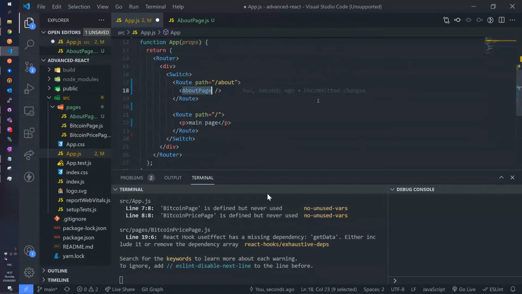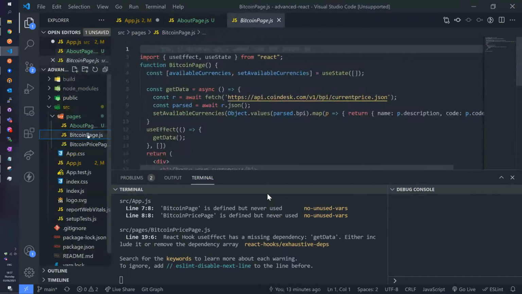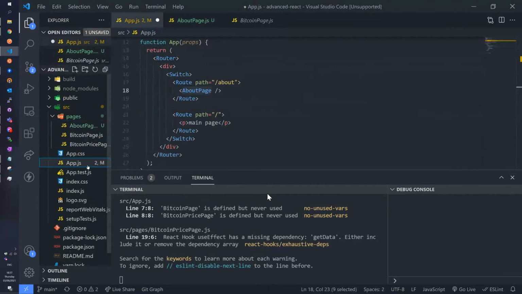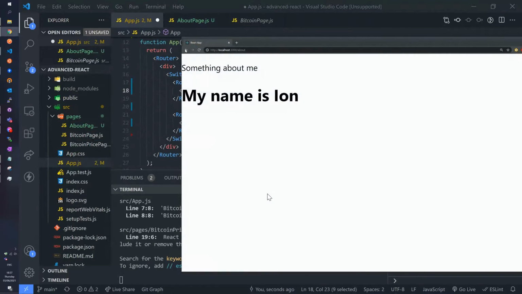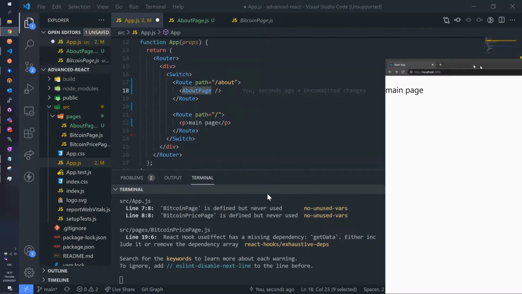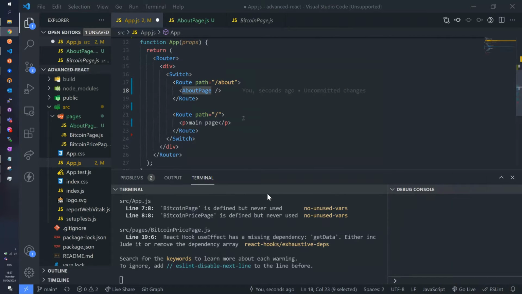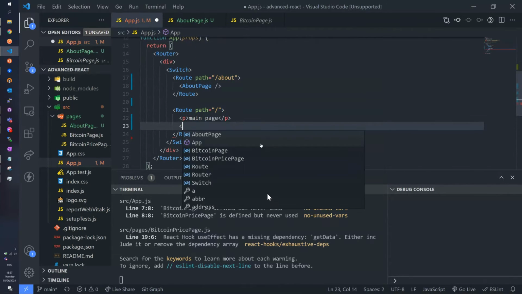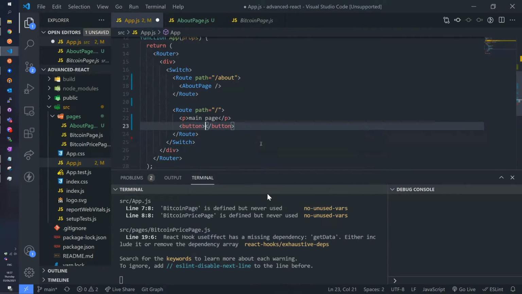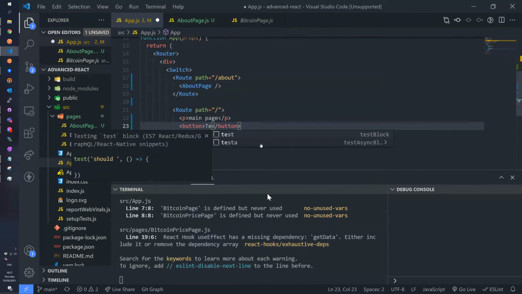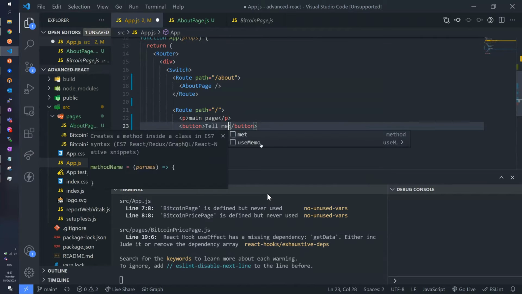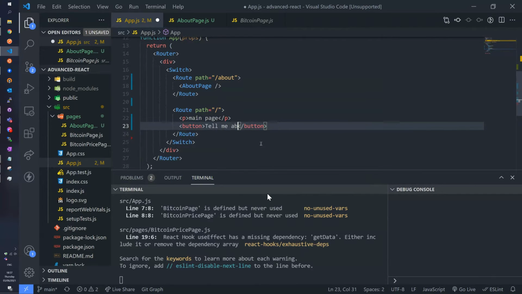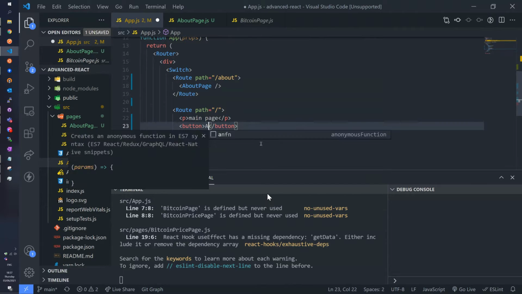So let's say the home page. Actually, before I go into that, if you noticed, now there's no way to go between the pages, so we probably want to connect that. I think that's quite important to learn before we go into more advanced stuff. Let's say on the main page, right here, we're going to have a button. And this button is going to say, okay, we're just going to call it about.